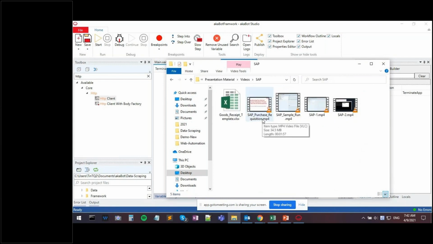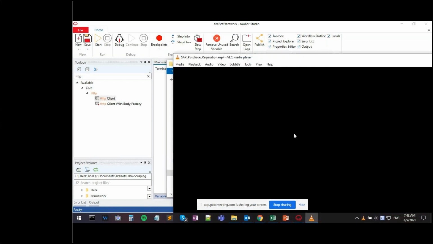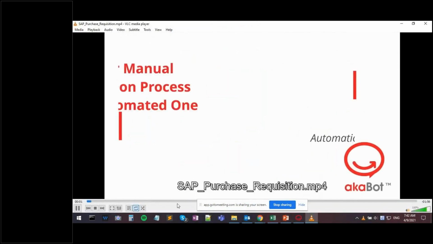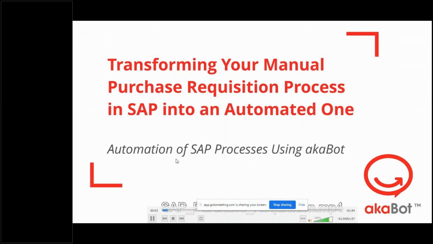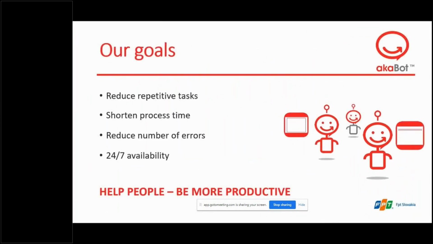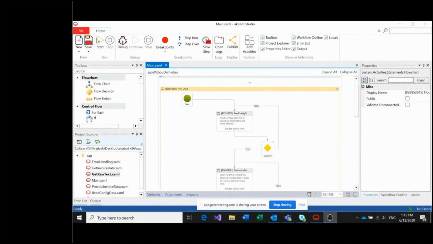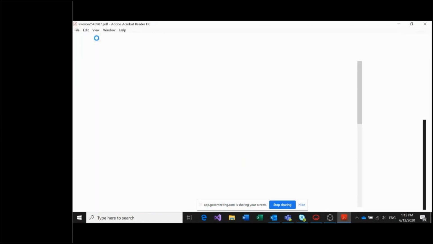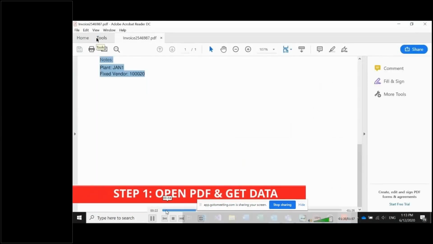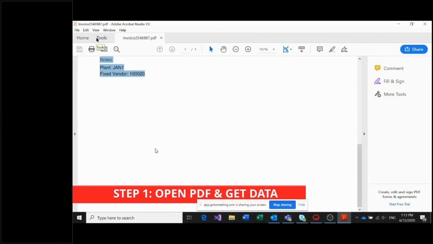Now, this process that I'm going to demonstrate is called purchase requisition. I hope you can see the video. Yes. So this process, basically the input is in the form of a PDF document. PDF is basically an image, and what we need to do is to read the information, or extract the information, from this document. You can see it is an invoice-based document,